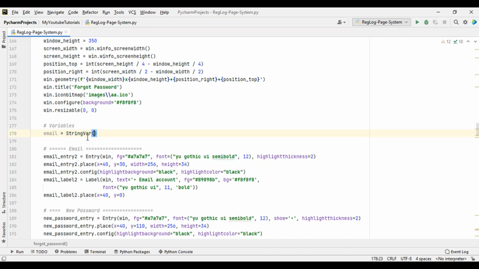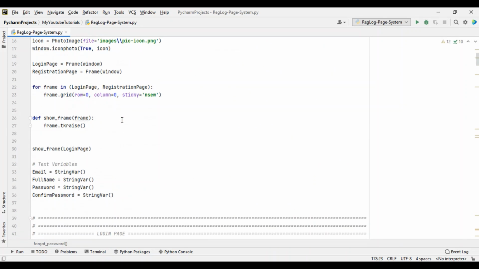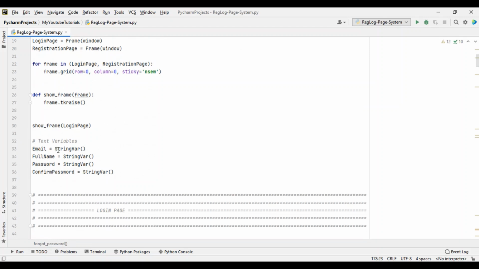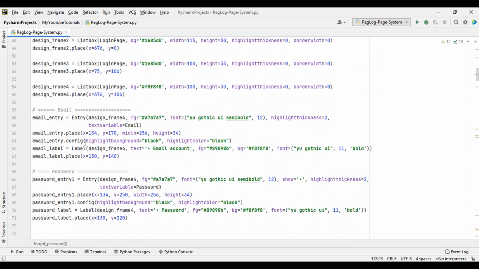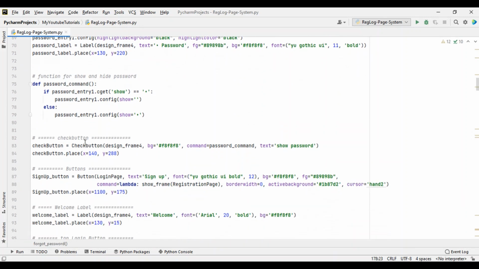Okay, so somebody may ask, why am I defining another variable? Because remember, I've already defined some variables here already. So what you are going to realize is that with the forgot password